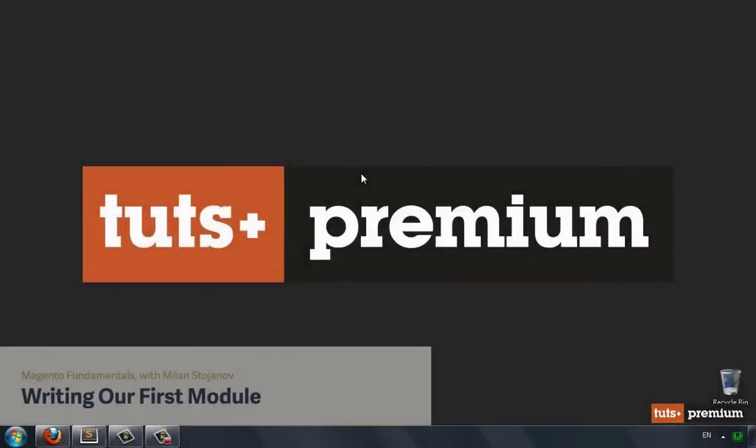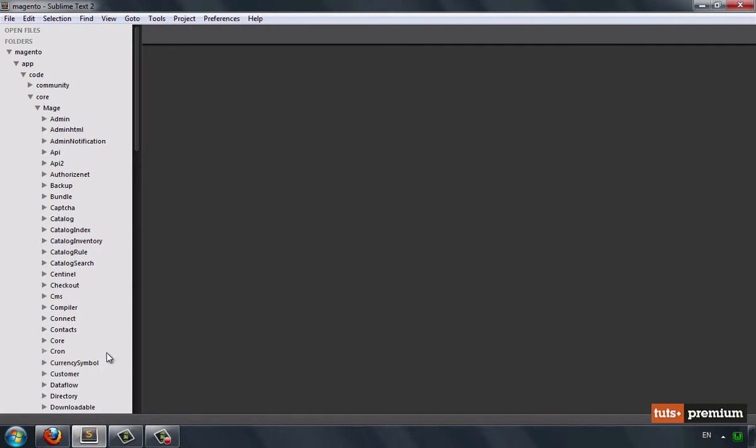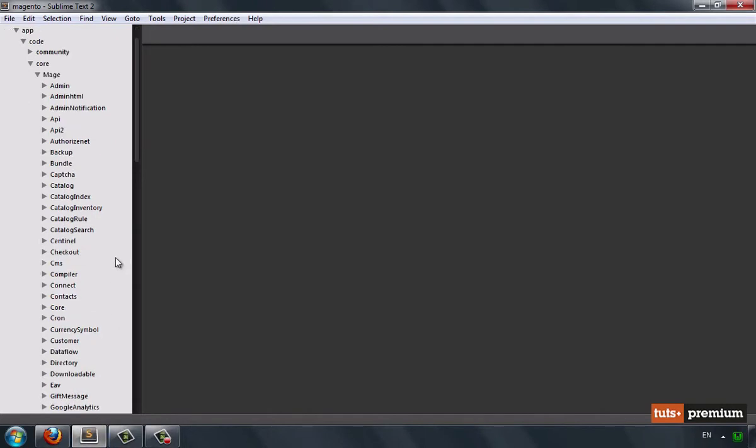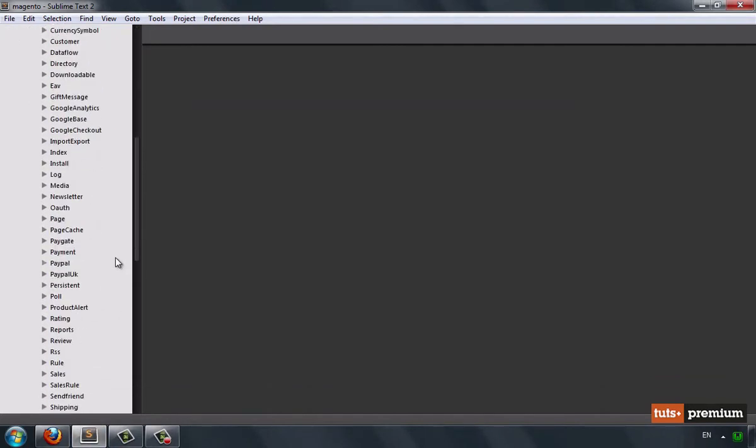This is the lesson you've been probably waiting for. Today we are going to see how modules are encapsulated in code pools and namespaces, and more importantly, we'll start building our custom module. So the list of all Magento core modules is on the left, and if you go